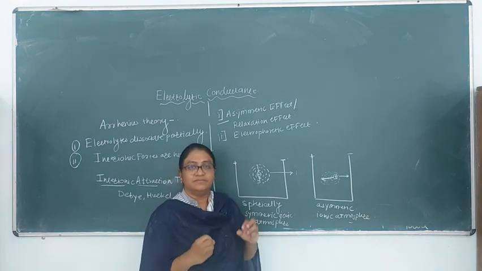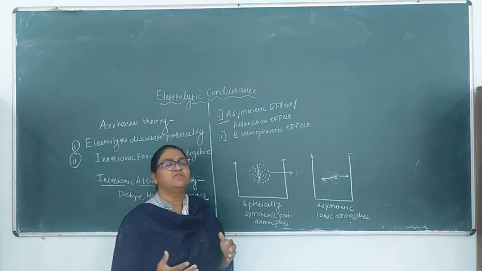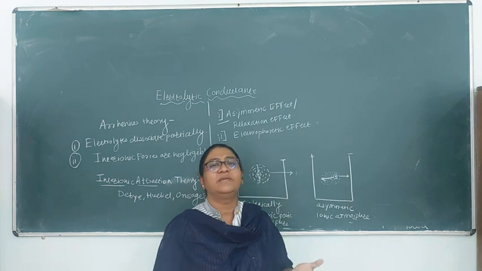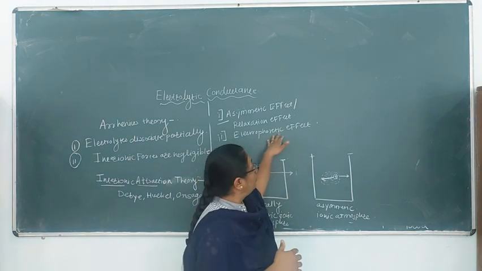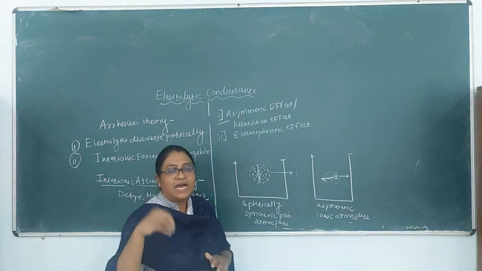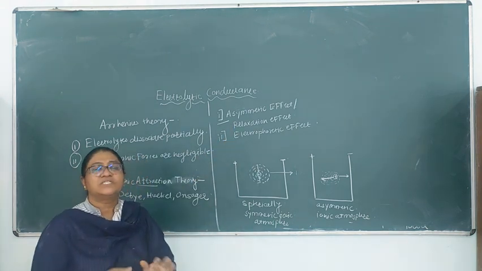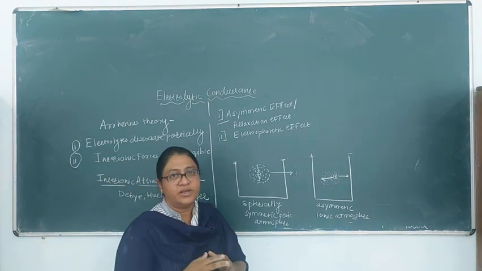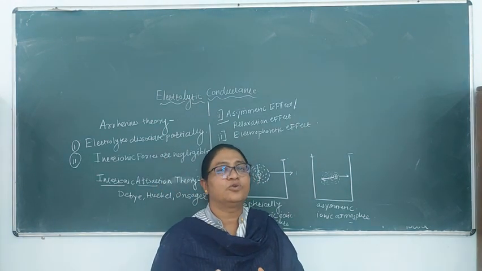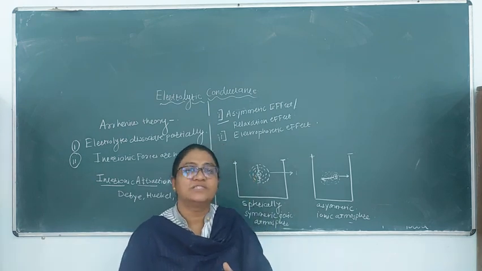And the more the net backward pull, the more the velocity of the ion is slowed down. And with more concentration, the numbers of cations and anions are more, and their hydration will be there, and therefore due to the electrophoretic effect also, the movement of the ion is slowing down. So these two are the effects which are actually responsible for the decrease in the conductance of strong electrolytes with the increase in concentration. Next time we will see the Onsager equation.